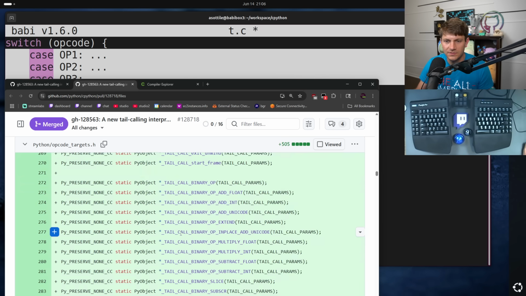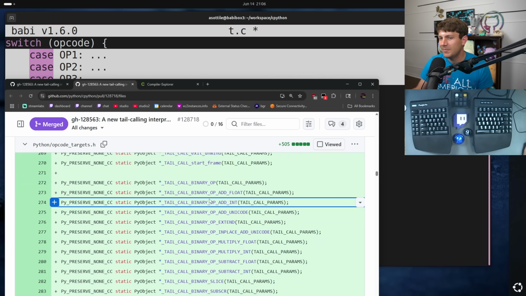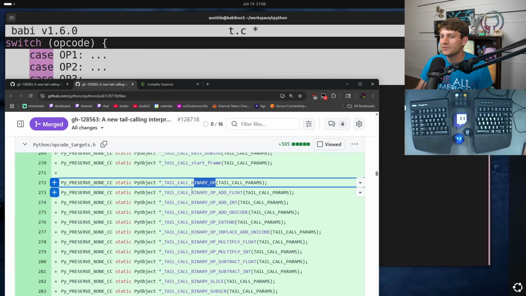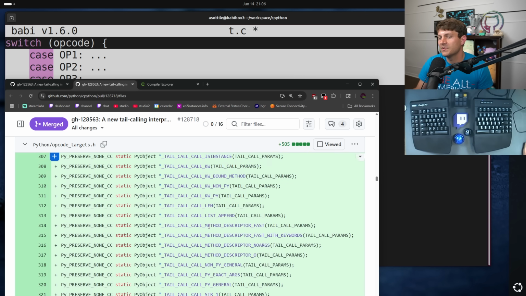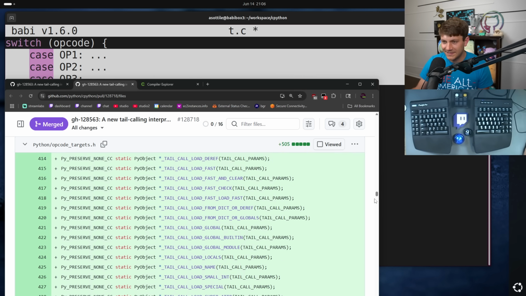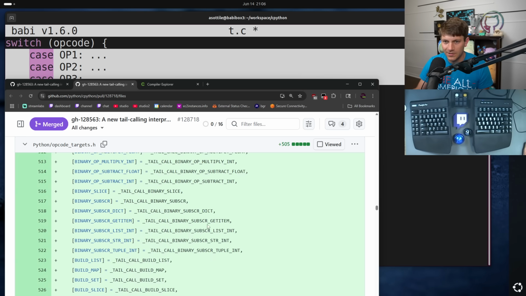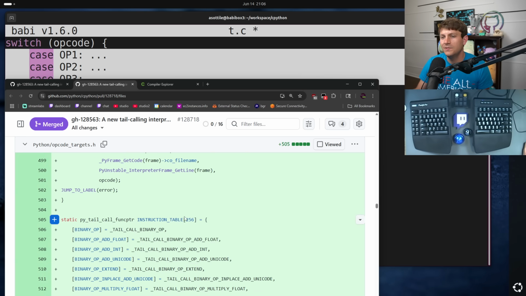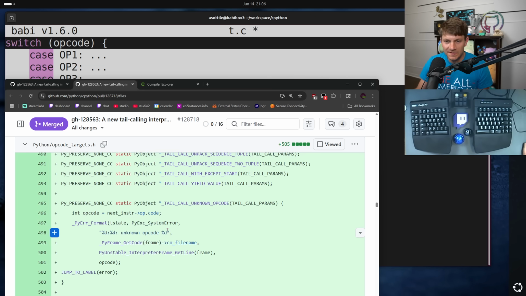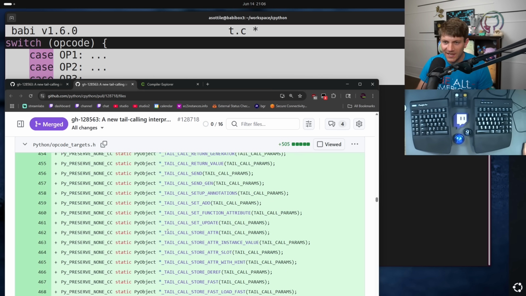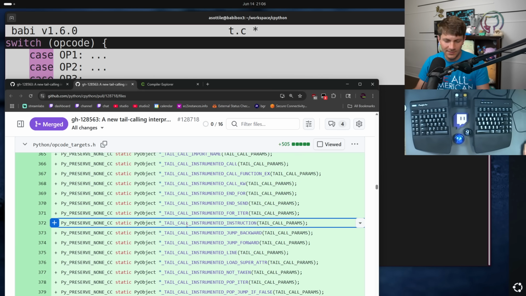This file. Target opcodes. Yeah, so you can see it basically creates a new function, a tail call function for each opcode. You can see add float, add int, add Unicode, essentially all of the opcodes that are in Python. It then makes a table of all of them. So down here, there's a table, an array, mapping the integer value for a particular opcode to the function that implements it. And what this function does is it uses a compiler annotation called musttail,